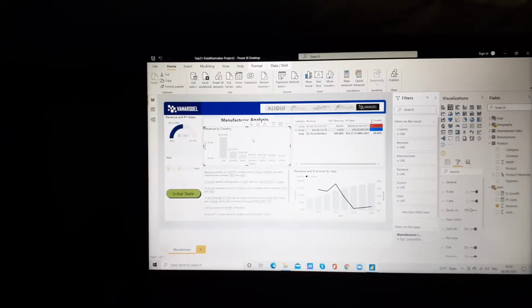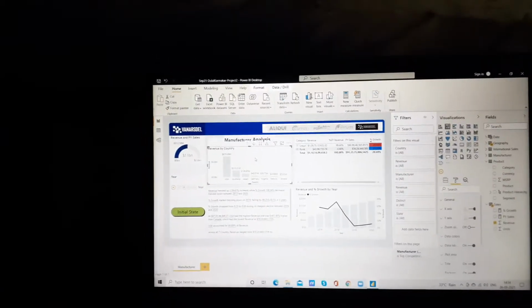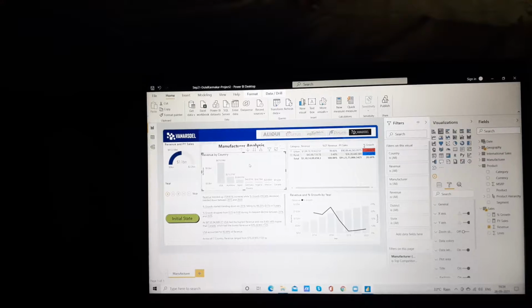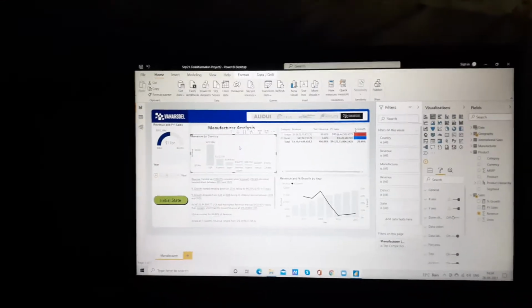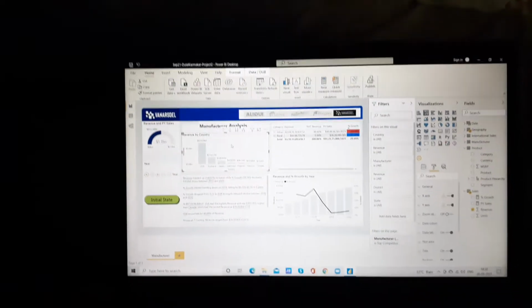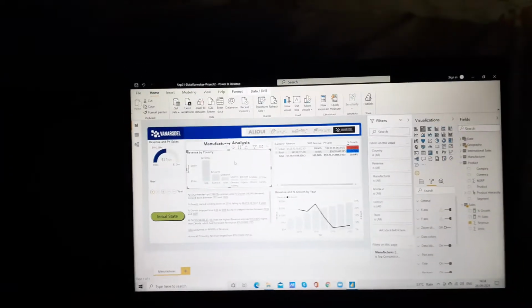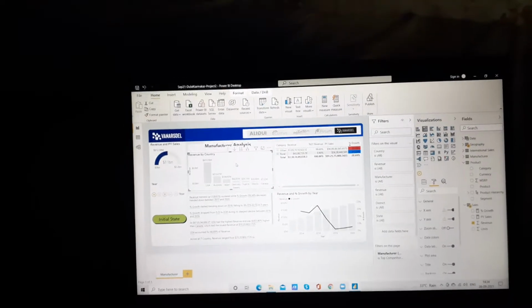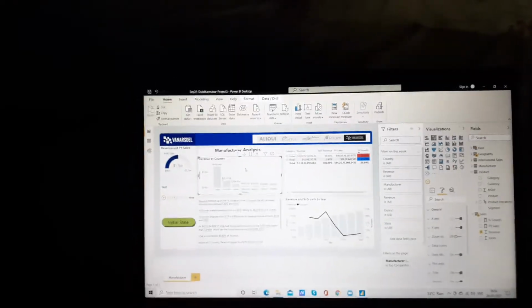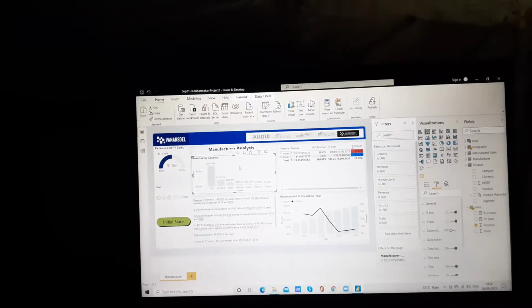I have used this chart to show the data of a particular manufacturer. Let me tell you first about the manufacturers, and the motive of the project. The motive of the project is to create a dashboard and show the data and the market analysis and manufacturer analysis, meaning market wise and manufacturer wise.